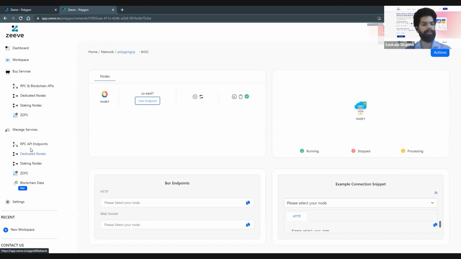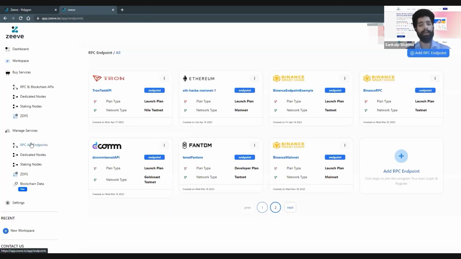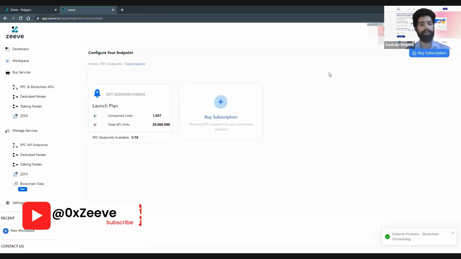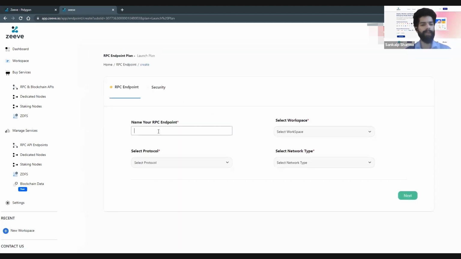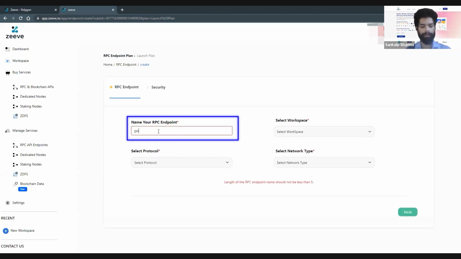I'll quickly just run through our RPC APIs as well. So we provide API services for Polygon as well, where you can just click on add RPC endpoint, and it will ask you the kind of subscription that you want to create this endpoint under again. So let me select the launch plan. I can give my RPC any endpoint name, so I'll just write Polygon RPC endpoint,